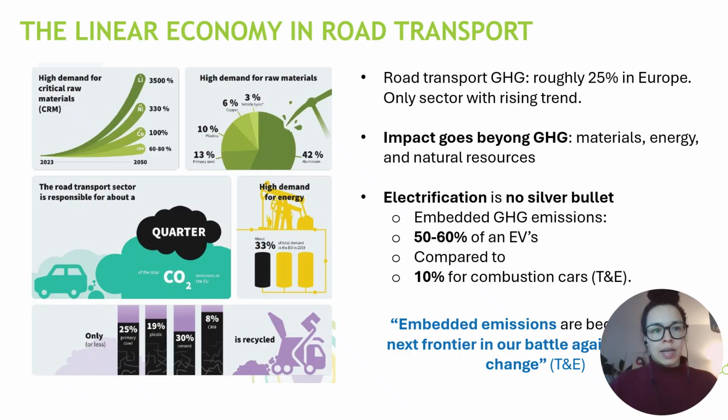One of the things that has happened in the sector is the electrification of vehicles, and although this is good to mitigate and reduce tailpipe emissions, it is not a silver bullet when it comes to reducing impact from these other resources that we just mentioned. Electric vehicles can indeed reduce emissions, but the demand for manufacturing batteries, and so the demand for materials such as lithium, cobalt, and nickel, which are critical raw materials, is expected to really skyrocket in the next years.